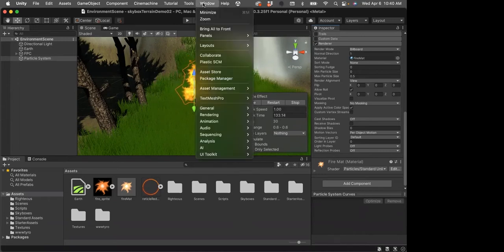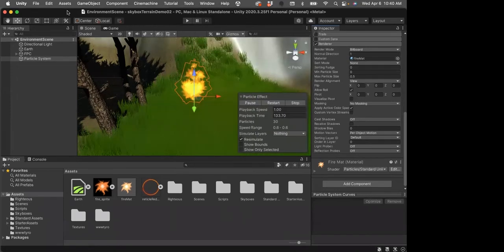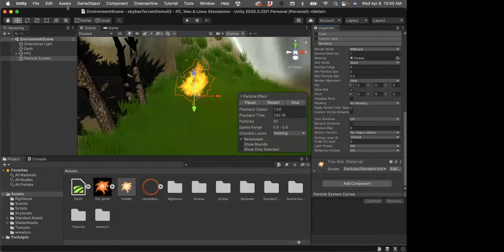The error was something about the editor, but all I needed to do was go to Layouts and reset it to the default layout. So that reset Unity, and then everything played fine. So if you run into that issue with this project,